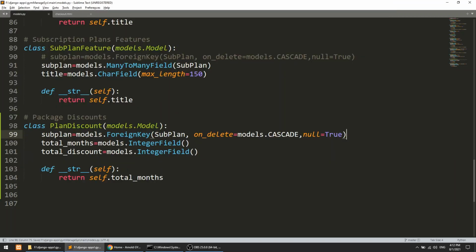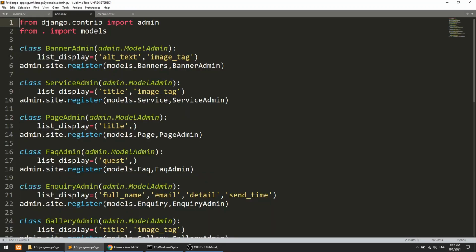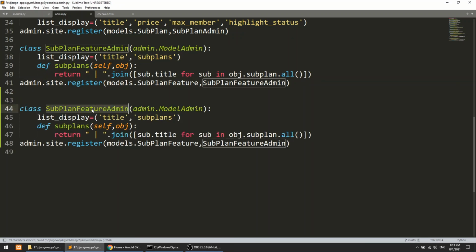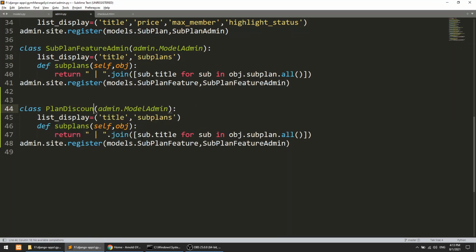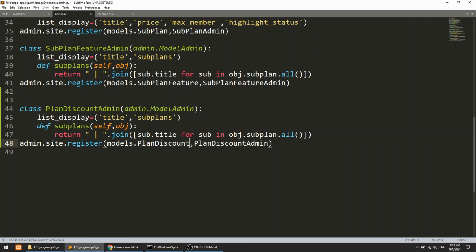Now let's go to the admin section. I will open the admin file, and let's add this discount in our admin. We will create a plan discount admin, and from the model we will fetch the plan discount.